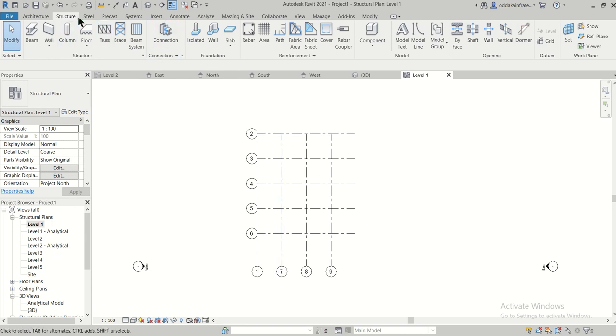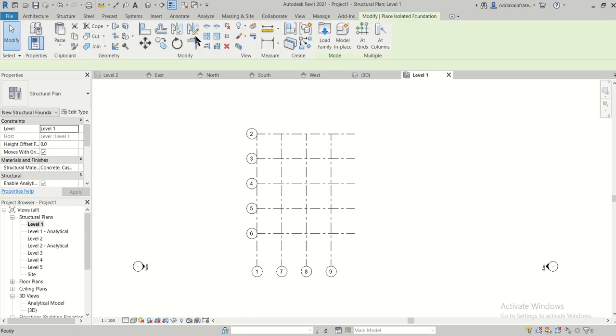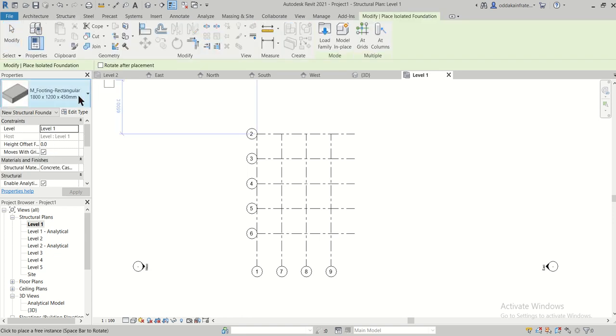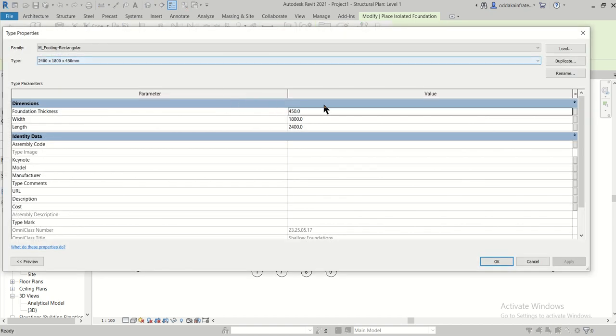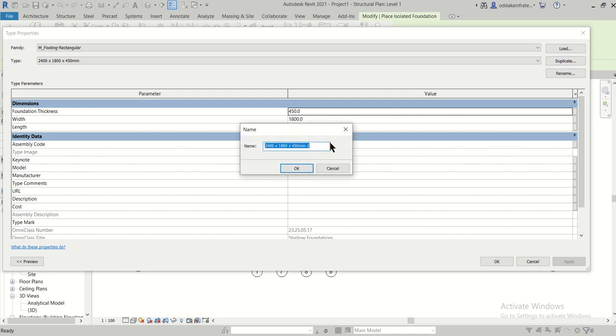So for that, we'll just go to structure here, and then go to this isolated foundation, and now we'll define some isolated footings. So we'll just select here and select any size, and then go to edit type, and as you can see here, we'll just duplicate the size, and let's give a size of 800. Everything is in mm here, and then I'm using duplicate because we don't want to interfere with the original dimensions which are given. So that's why I've created a duplicate